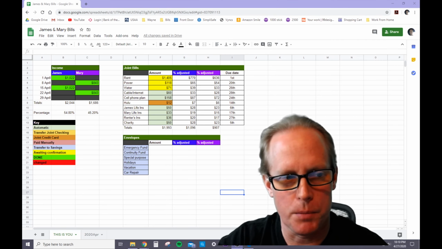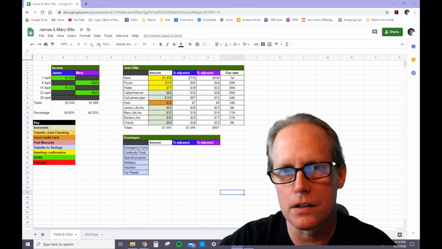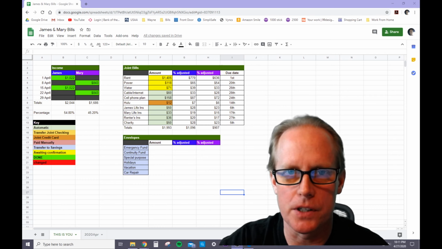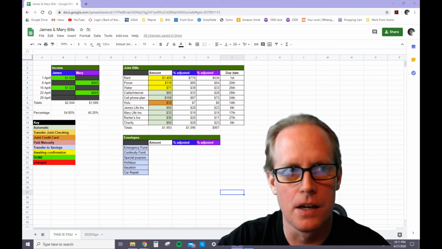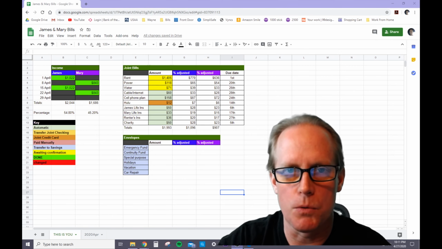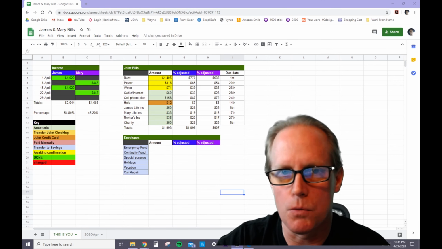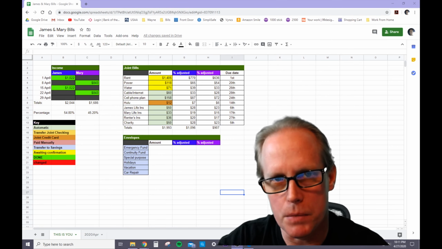The next one is special purpose, and I use that one as a catch-all for everything that's not a recurring something that you're going to save for. You're always going to want to have an emergency fund. You're always going to want to have a continuity fund, but you may not always have a special purpose fund. I use this for, say, your child is getting married and you want to give them money. Your son is going to start driving and you want to buy him a car. If you can afford it, you know the amount, you know when it's going to be, and you can save for it.